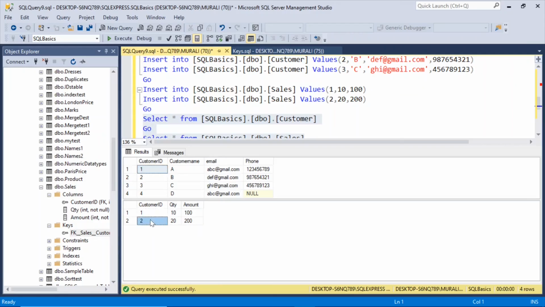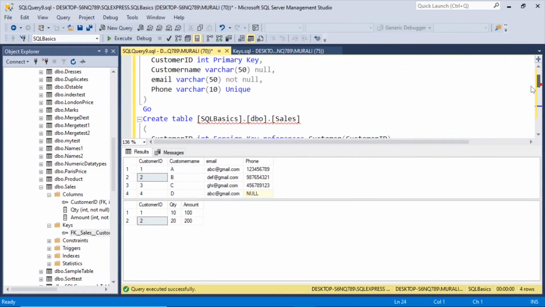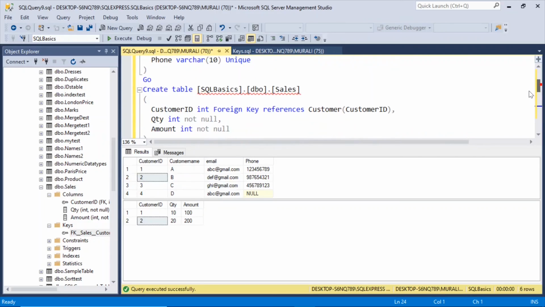So if this is referencing this parent table, then it is a foreign key, and we have declared it as a foreign key here. So customer ID in the foreign key references the customer table's customer ID column.